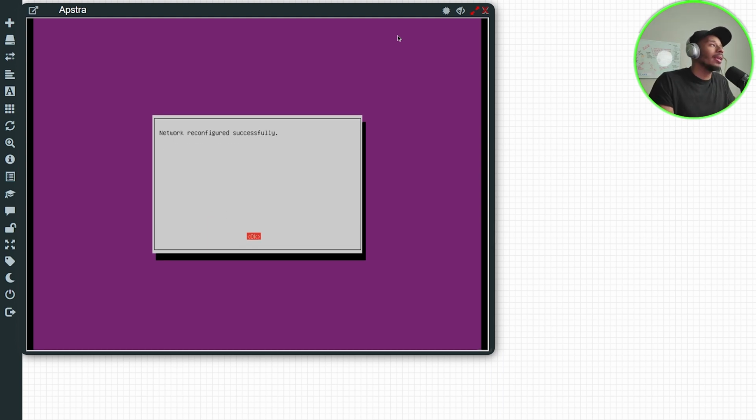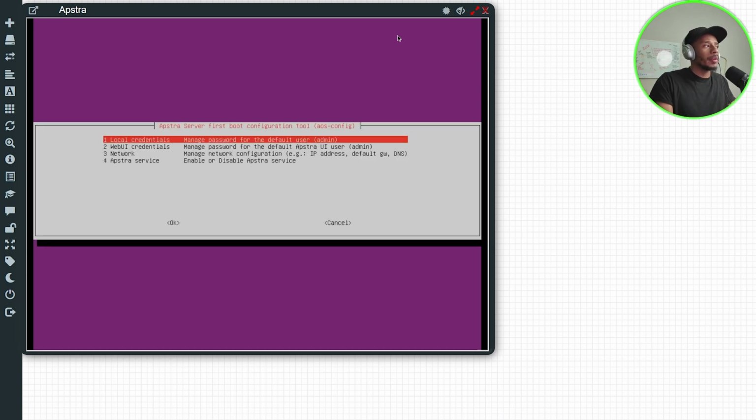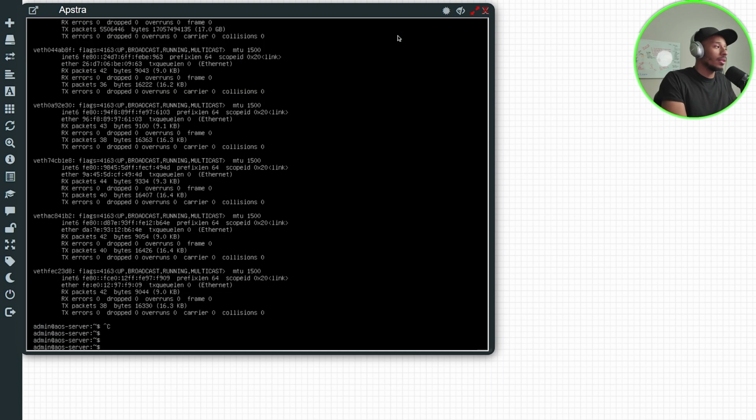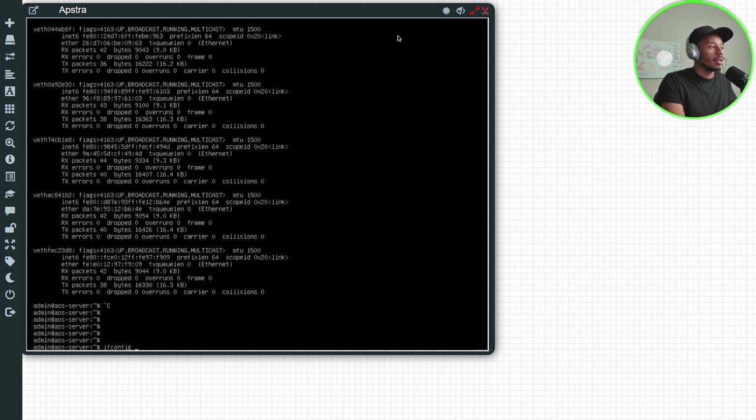Once that's done, I get a message saying the network was reconfigured successfully, and that is great. If you get something saying anything otherwise, it's likely due to a reachability issue, and it's saying, okay, we can't ping the default gateway that you entered. But I'll go ahead and click OK, and now if I hit cancel down here, I'll do an ifconfig